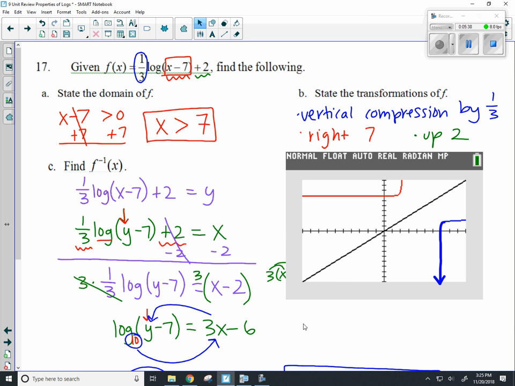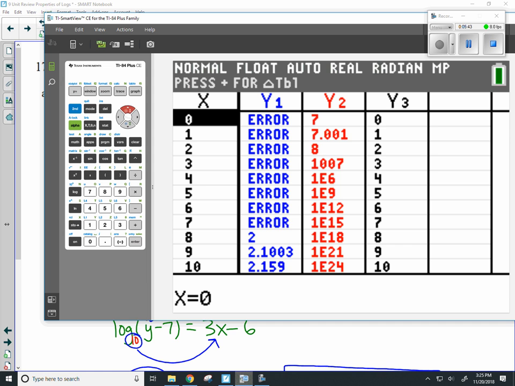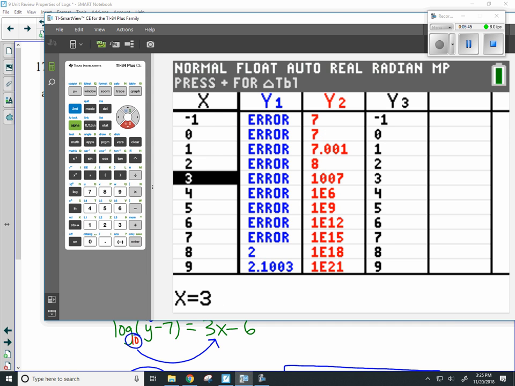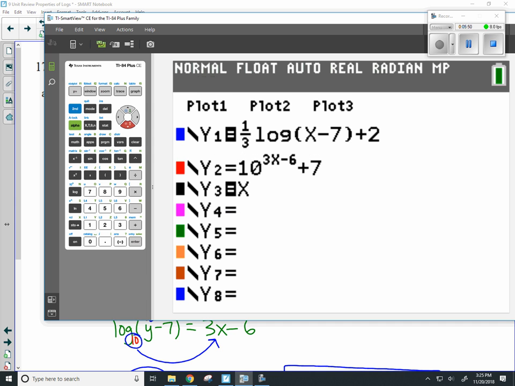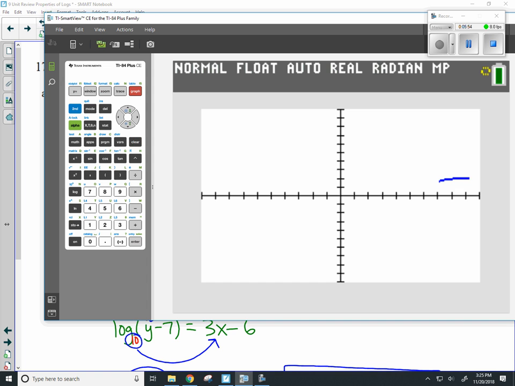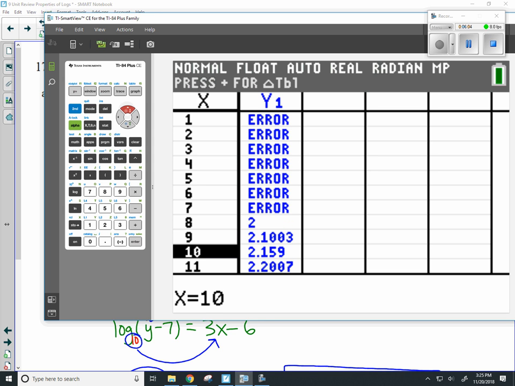If the graph is a little hard to read, what I would recommend you do is go into your table and look for a couple key points. So I'm actually going to turn this one off. I'm going to turn the inverse off, and I'm going to get rid of this y equals x. So when I graph it, the only thing that's going to be shown is the logarithm, and kind of try to pinpoint some points. Like, for example, 8, 2. Try to find any integer points that you can. So because the point 8, 2 is on the logarithm,